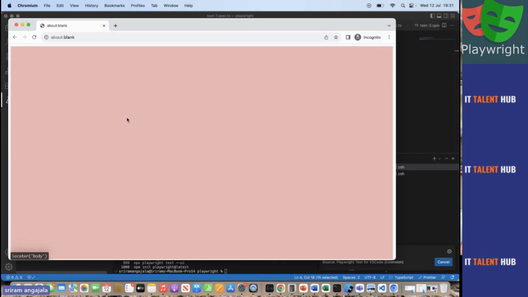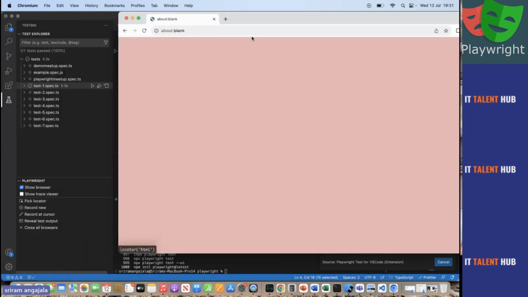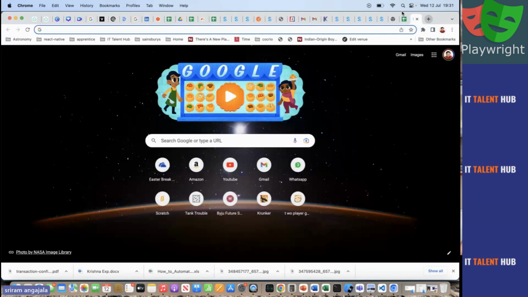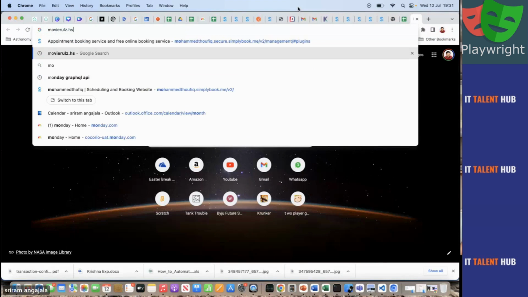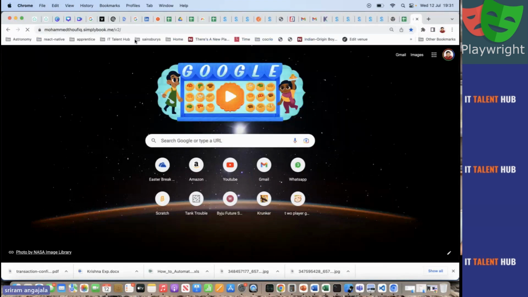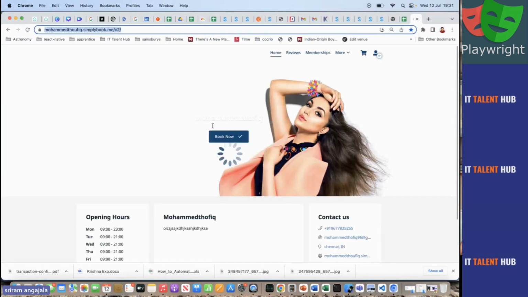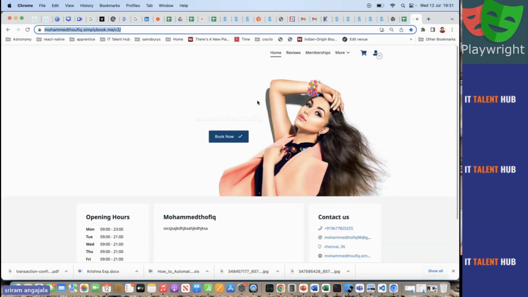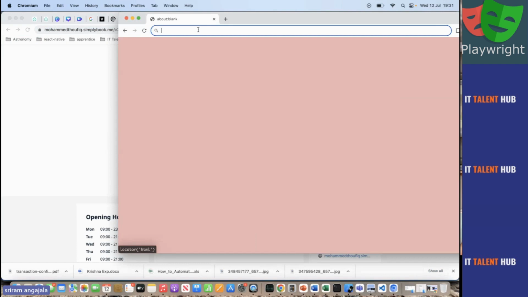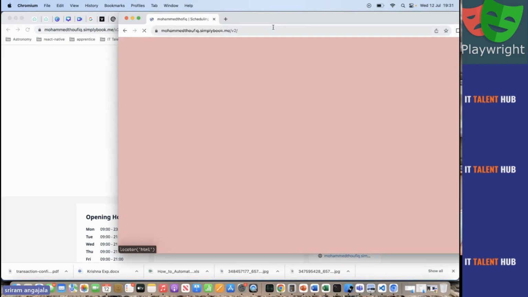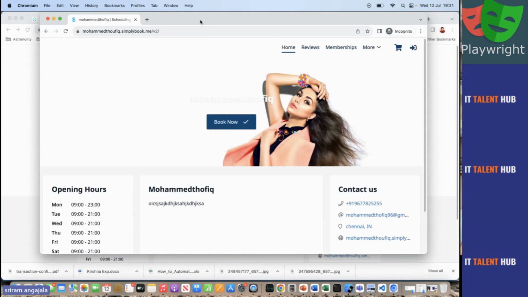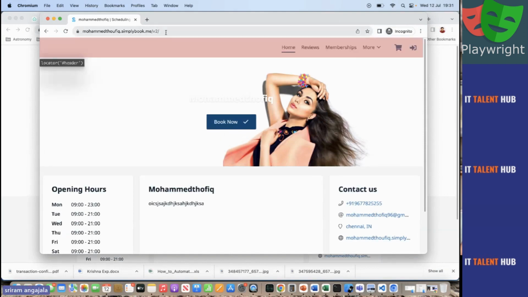I just clicked on the record button. For this demo purpose, there's a small website which I have. I will open that website. Give me a second. I have some sample website, guys, don't take it seriously. It's my own sample website. I don't want to go to any other open source website. This one small website, I just pasted. This can be your application's or your company's own URL. So you just paste it.